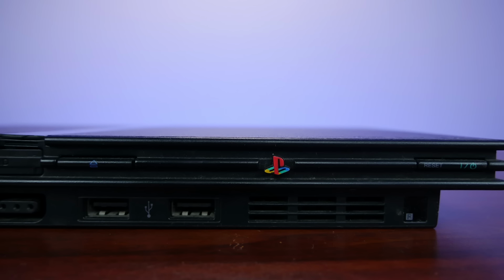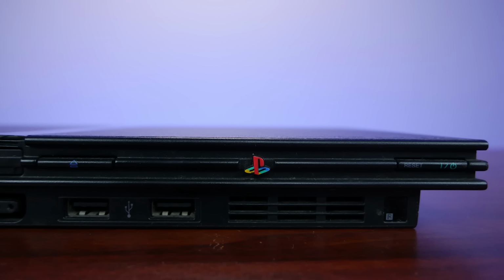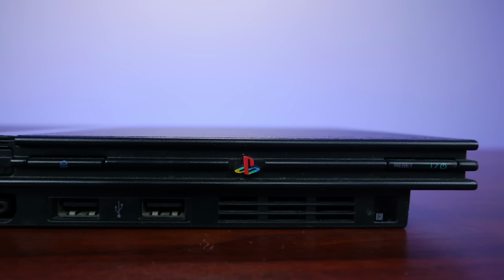Now, I did get both of these off of eBay. They had mentioned that there were some things wrong with them. Typically with the PS2, the PS2 Slim, it will come back to things like the disk drive either not opening or not reading. So I figure this will give us a good way to break them down and compare them side by side, which is a good way to start things here, just putting them legitimately side by side